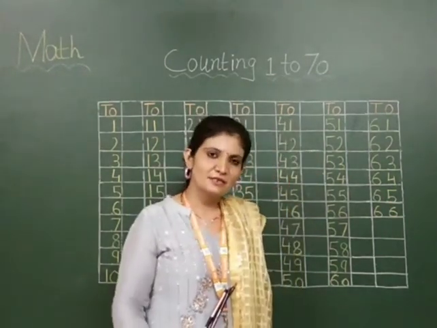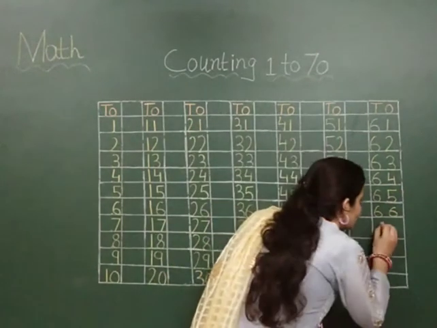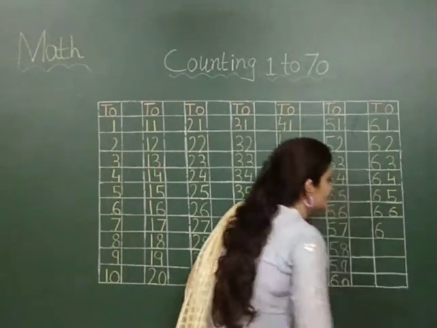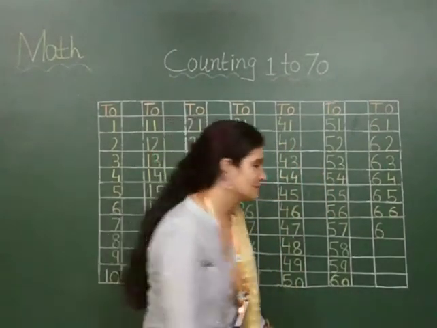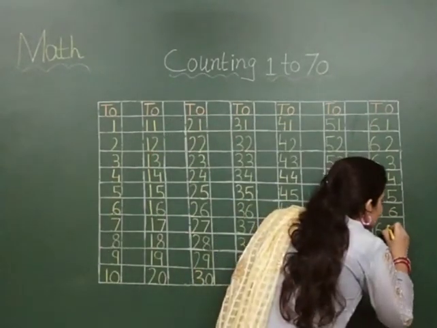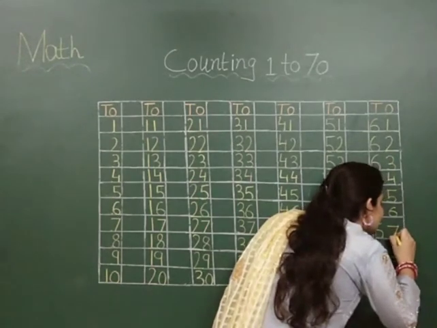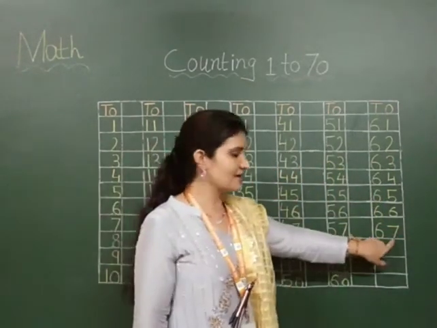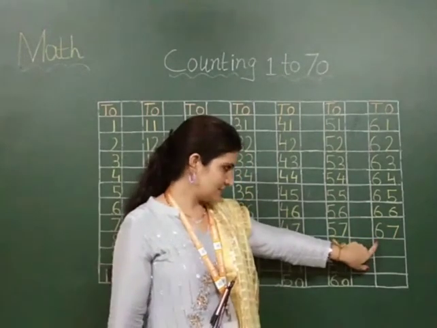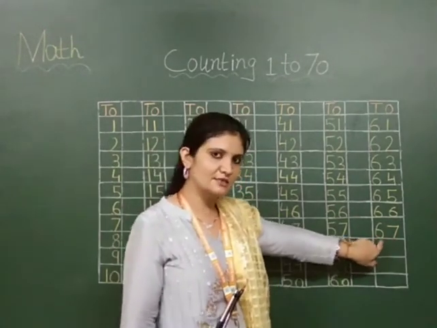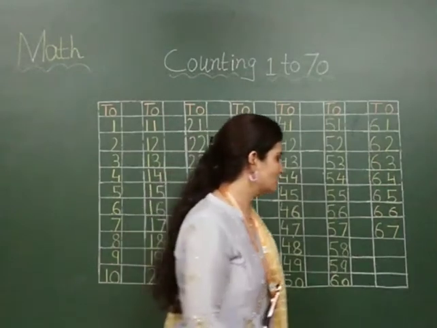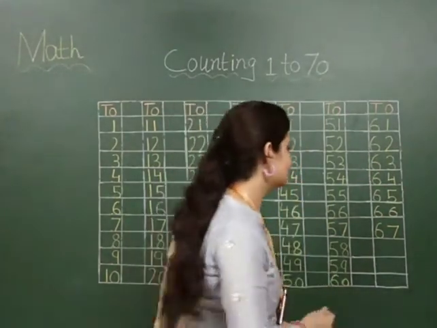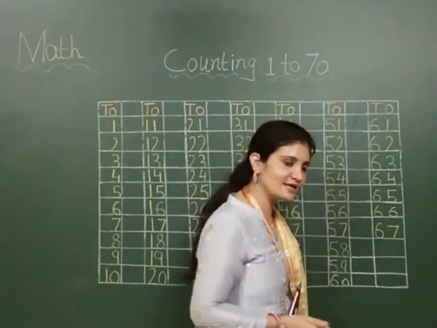Now which number come after 66? It's 6, 7. Okay. You have to make 6 here below T like this, and then you have to make a 7. How to write 7? Yes, sleeping line and then slanting line like this. Okay. It's called 6, 7, 67. 6 and then 7. Now which number come after 67? Yes, it's 6, 8, 68.